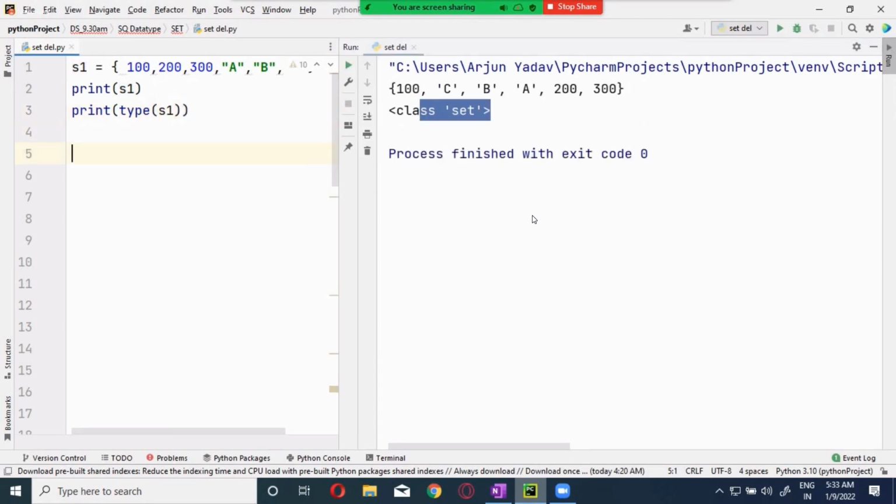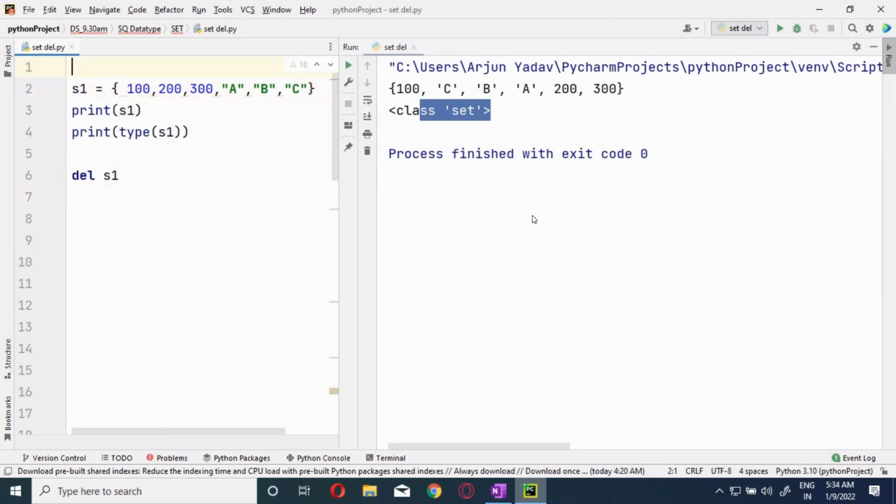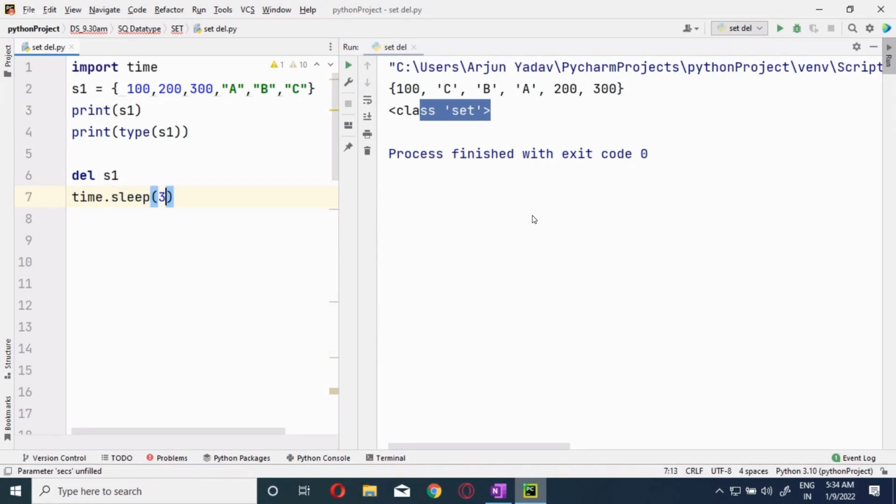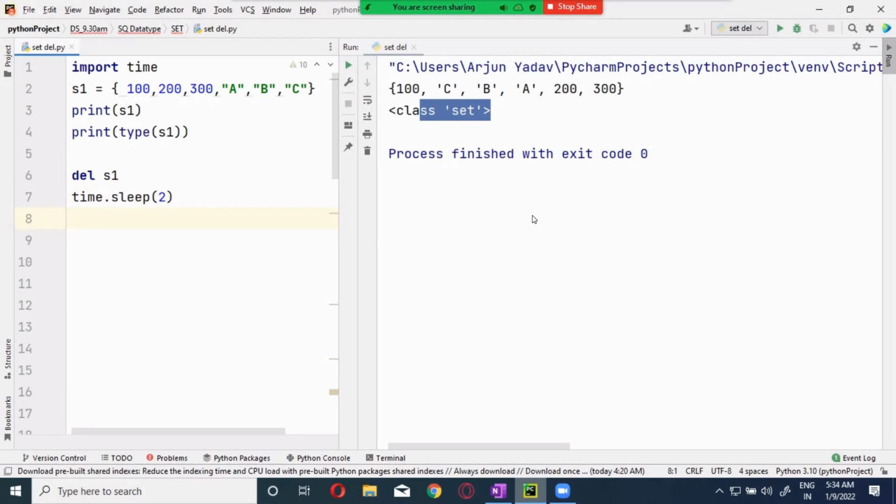Now if I say del S1, so what will happen? Everything will be deleted. Now after this, I will use a time lapse. Import time. Time is specially used to hold the execution. Now I will say time.sleep, I will give it 2 seconds. After this, I want to print S1.